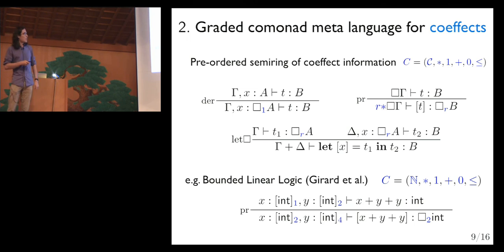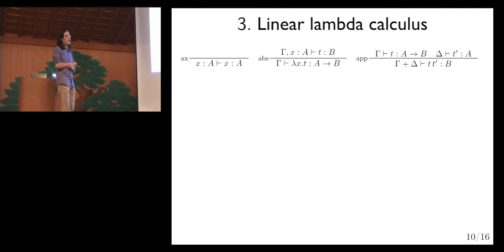Now when we have this box on the right, you can think of that as a coeffect capability. We're providing the capability here for 2 copies of an integer. So this let rule provides a way to compose capabilities with requirements. So if T1 provides r copies of A, we can compose that along X to provide those copies to T2. And that's the basic structure that uses the monoidal part of the coeffect. The rest, one part of the monoid of the semi-ring, is used in the linear lambda calculus part.